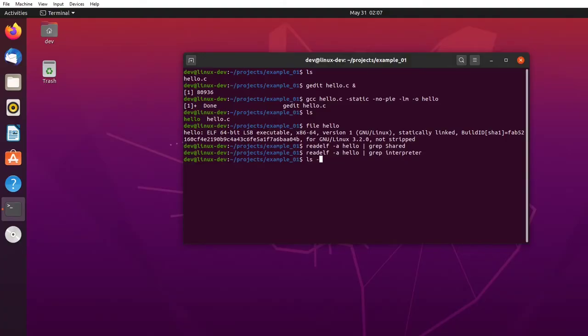The next thing is, if we do a long listing, notice the size of this. So in my previous video, I pointed this out. This is quite large, 876 kilobytes for what this file does. Okay, so that is the price for static compiling, for static linking. Okay, so